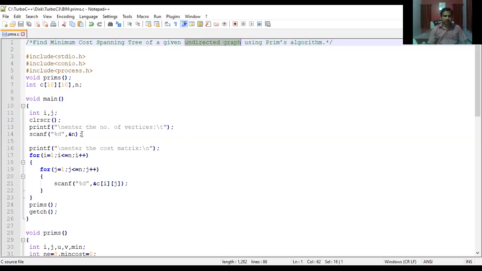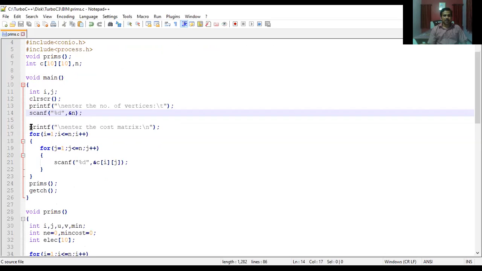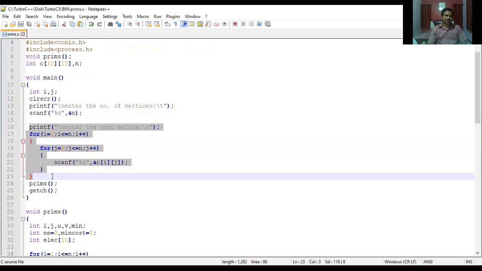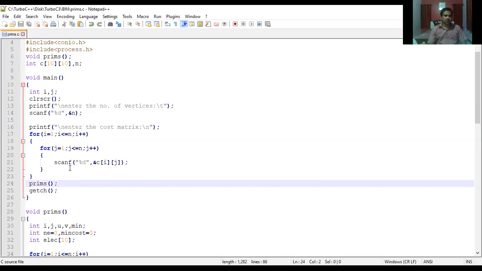You can see over here in the main function, number of vertices, scanf %d &n, the number of vertices we are providing as an input. And the cost adjacency matrix, I'm supposed to provide this also as input, because the graph is going to be represented in the form of an adjacency matrix. If there is an edge, I'm supposed to consider its cost. If not, I'm supposed to mark it as an infinity value. Here in this case, the infinity value is nothing but 999. And followed by that, I'll be calling Prim's algorithm.